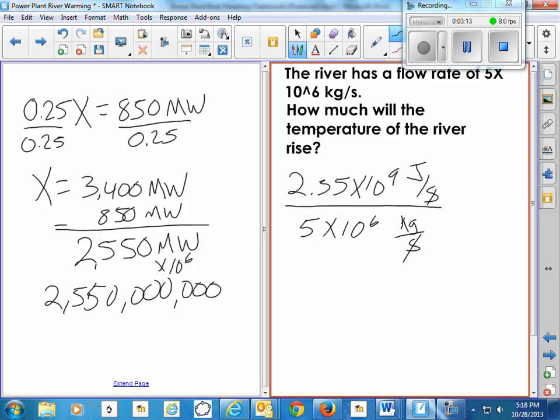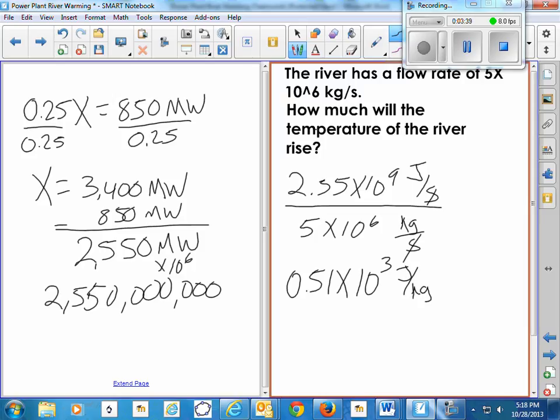When we're dividing exponents, 10 to the 9th divided by 10 to the 6th, we can just subtract exponents, and we know that they'll be in units of 10 to the 3rd. 2.5 divided by 5 equals about half. So we have about 0.5 times 10 to the 3rd joules per kilogram,